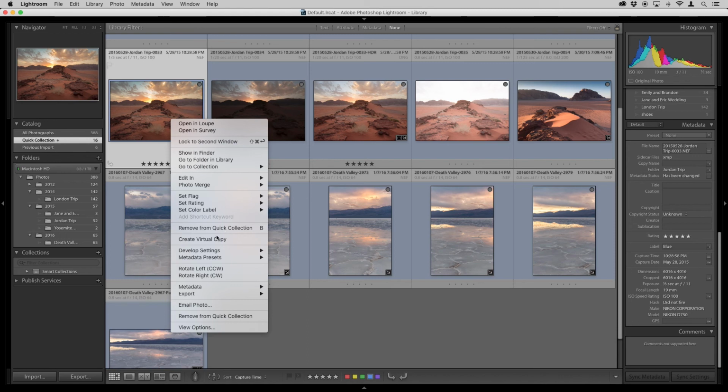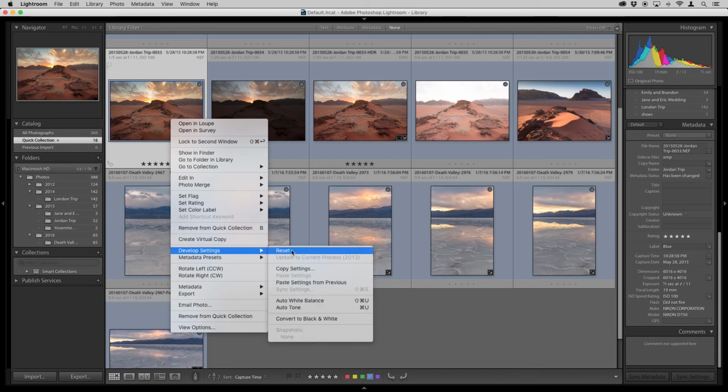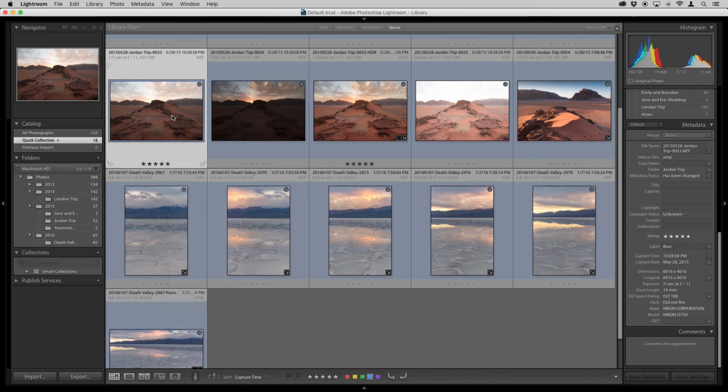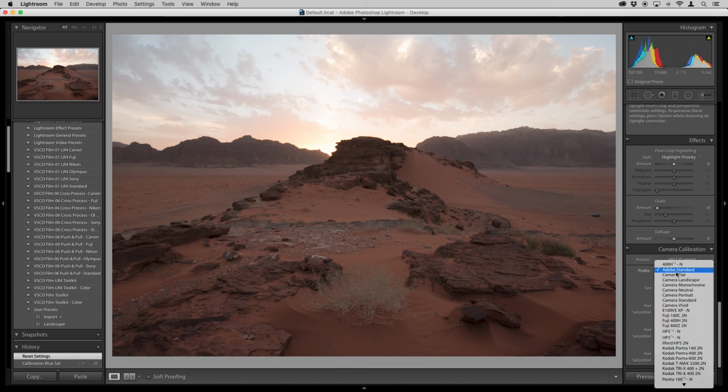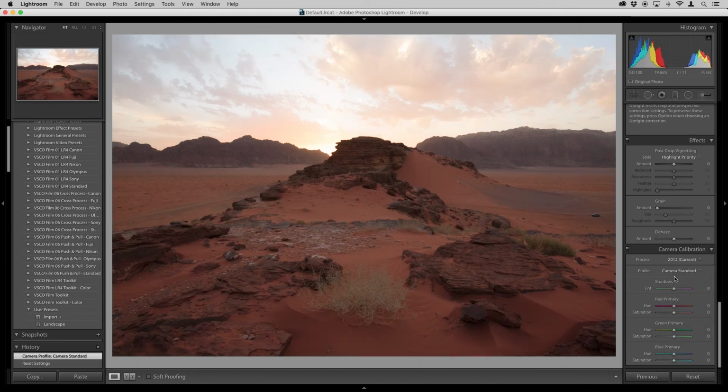And while we had all those settings that we worked on, I'm going to go ahead and reset that because I already have it as a preset anyway. So what I'm going to do is jump into the develop module. And as I said before, I typically start from the bottom here, from camera calibration. So I'm going to go ahead and now pick the settings. Now I shoot with a number of different cameras, and depending on what camera I use, I might need to change this. But for my Nikon cameras, I'm going to have camera standard. So I'm going to pick that profile.